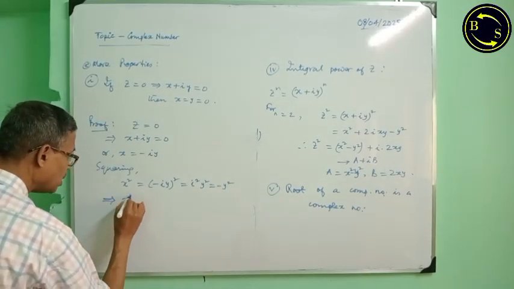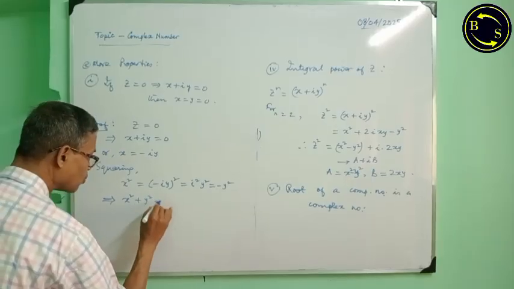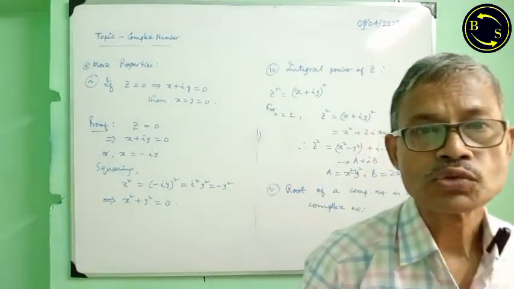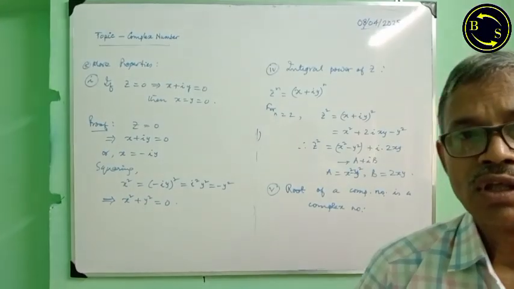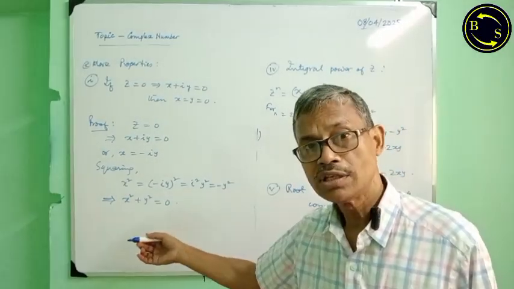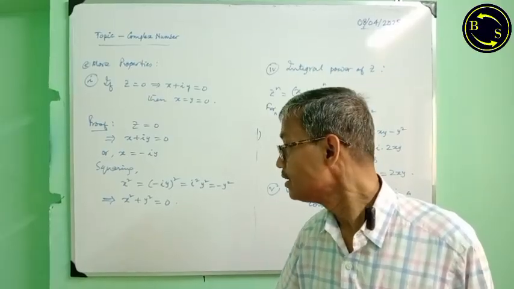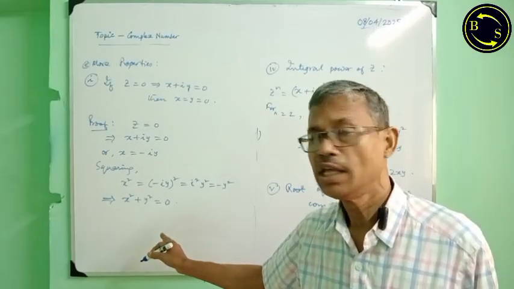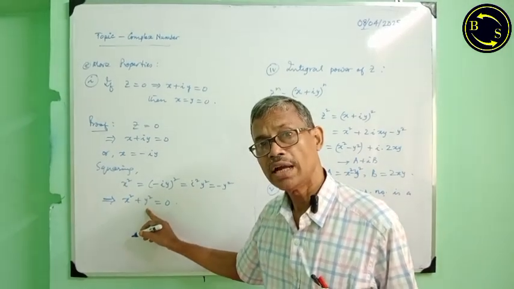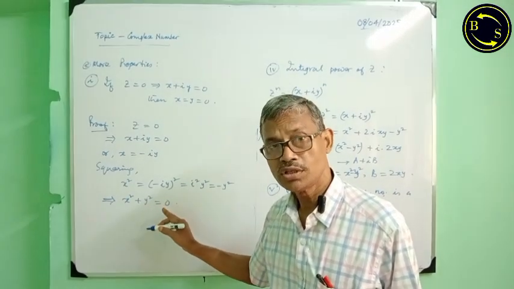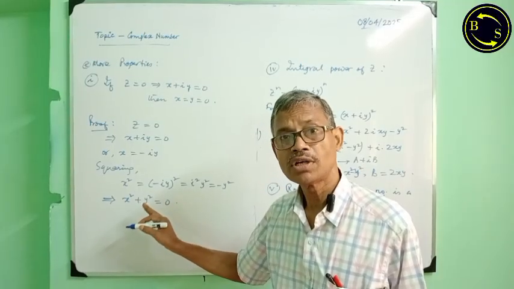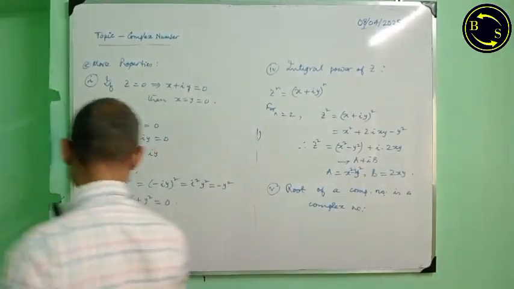From that we get x square plus y square equal to 0. Sum of two squares is 0. We have learned in the lower class, if we get this, then the conclusion is both x is 0, y is 0. Actually, two square numbers are there and their sum is 0. This is possible if both the numbers be 0. Therefore,